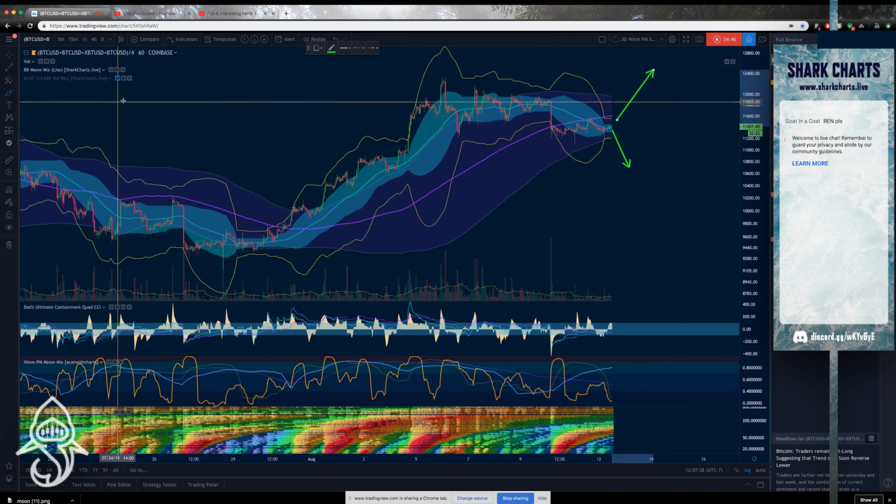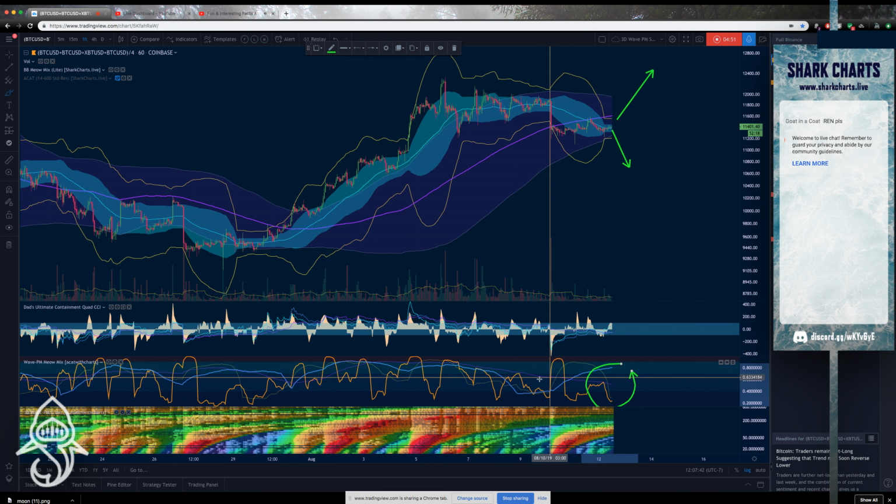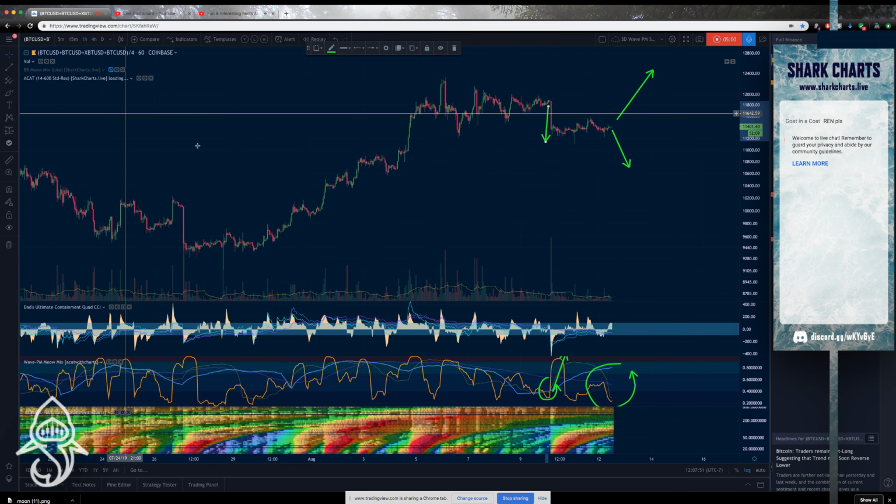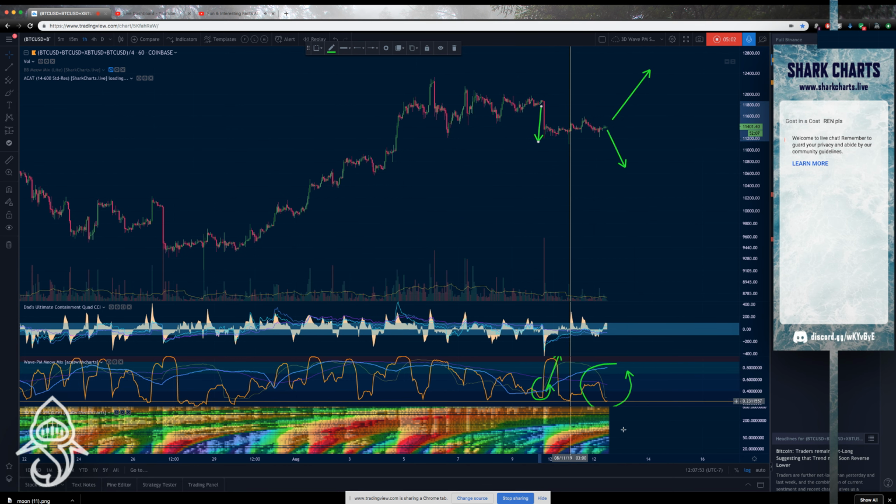However, again, there's just not much we can do with this wave PM reading. Like over here, this downward break was very pronounced. I mean, it happened in a single candle, so we couldn't really trade it, but it was nice. Again, all I can say now is just that there will be range continuation based on the